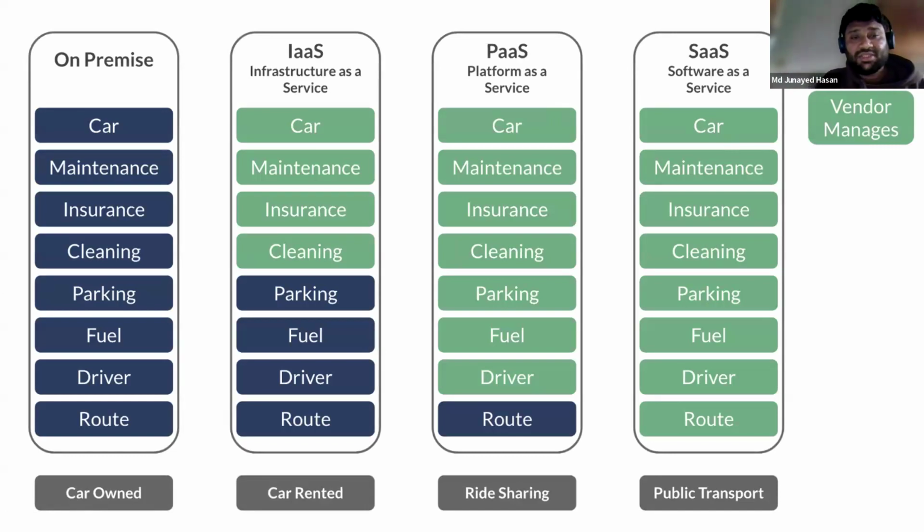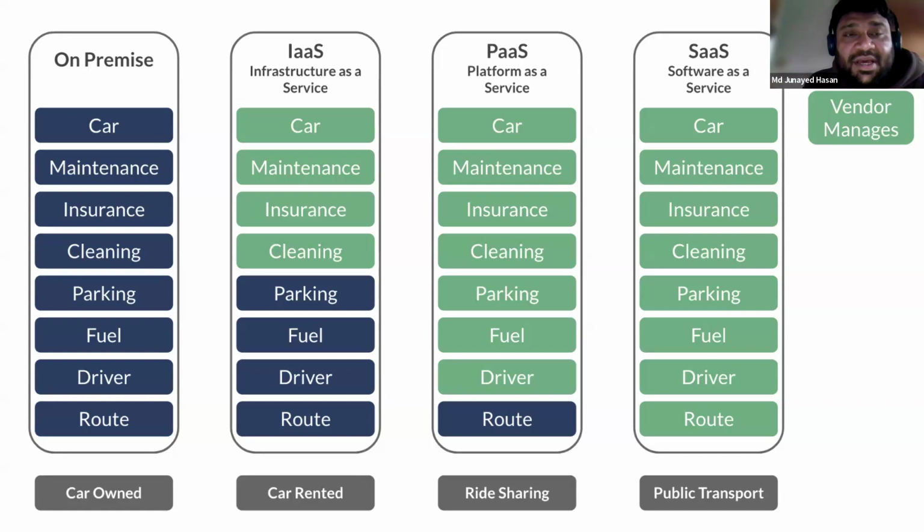But if you just take a car renting service, right? Renting means you want to travel from your own city to maybe Jeju or somewhere else, and you just rent a car. So what would happen at that time? You just have to pay for parking, fuel, driver and road. For these four things, you have to pay. This is IaaS, that is infrastructure as a service. The best example would be you are hiring a car or renting